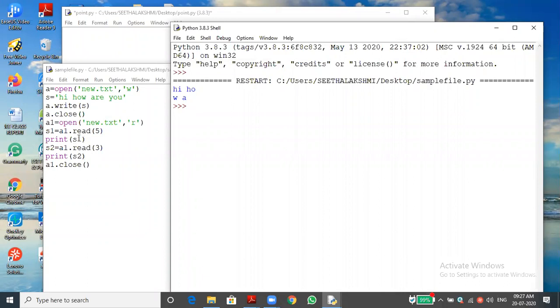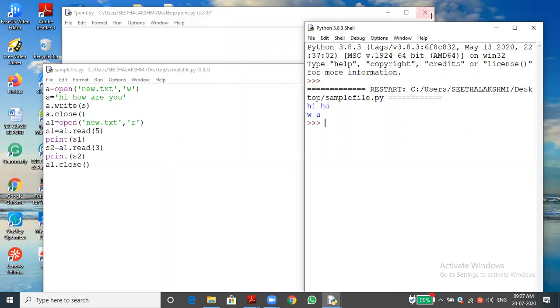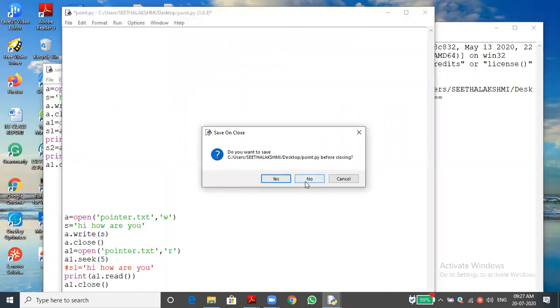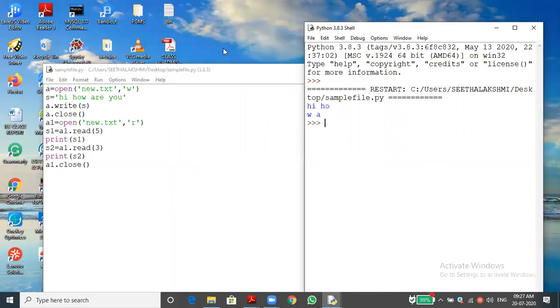I am printing s1 because s1 is the variable that receives the data read from the file. Now you can understand better.